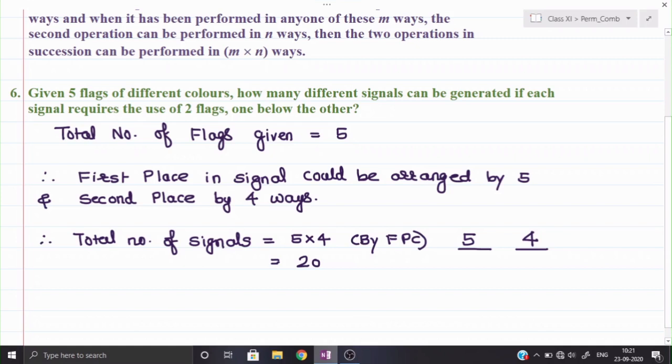And this completes the first exercise of permutation and combination. I will try to give you such kind of related questions, so you can try at home also. Next time we can start the permutation. This was only the fundamental principle of counting that we have covered. Now we shall do similar kinds of questions, but by a different method. So next time we can start.